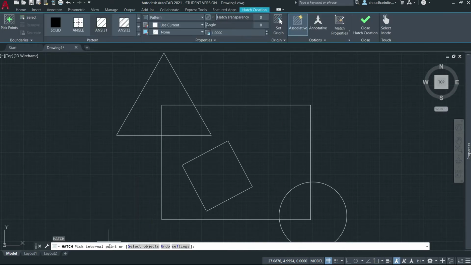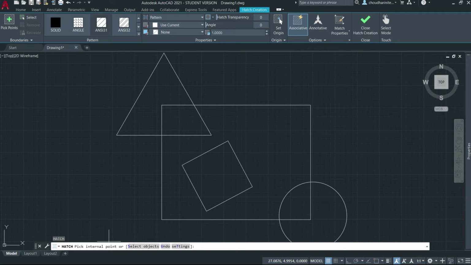You can see once the command is activated, the ribbon panel changes to the hatch creation command. There are many actions that we can perform using this hatch creation, which we'll be learning in later upcoming videos in detail.